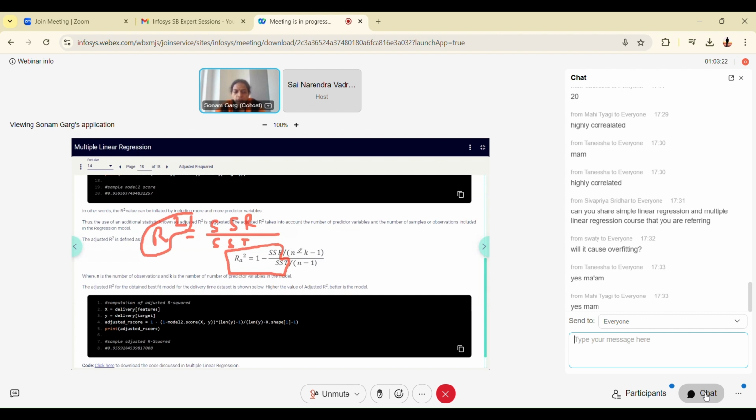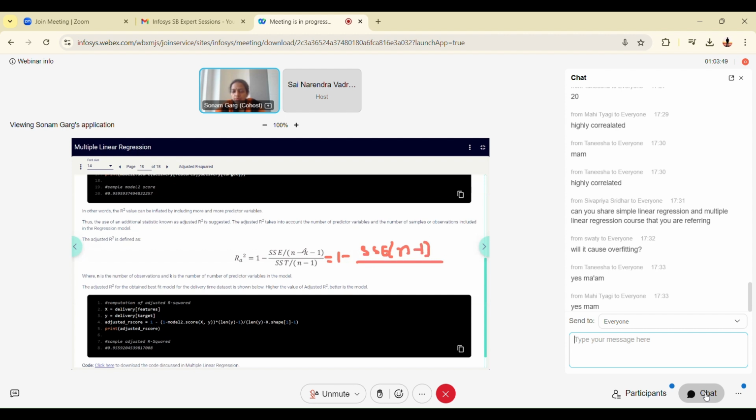So if you finally analyze this, this is SST divided by n minus 1. So n minus 1 will come on top, and this will look like, wait, let me write. This will be 1 minus SSE multiplied by n minus 1.